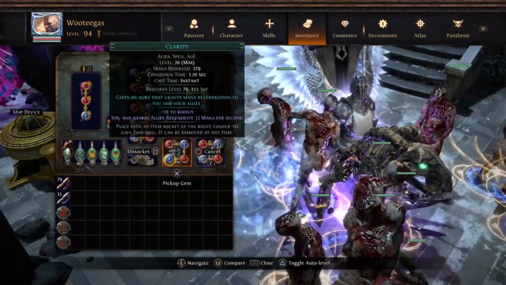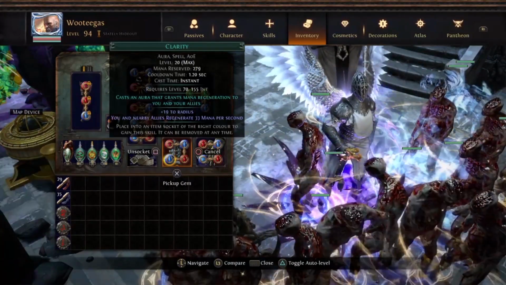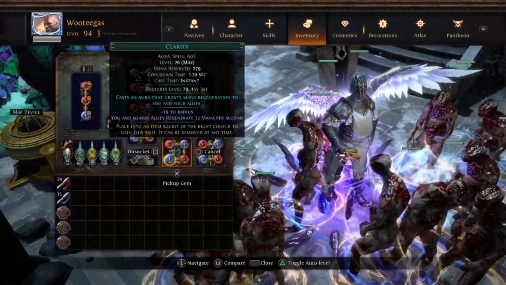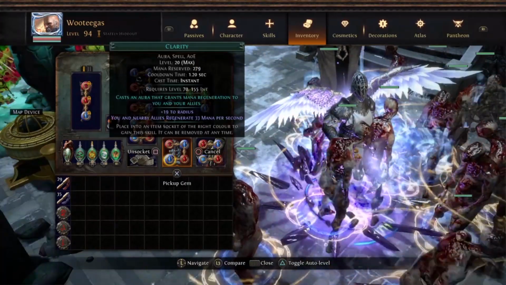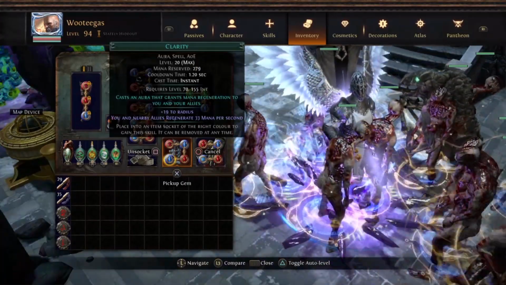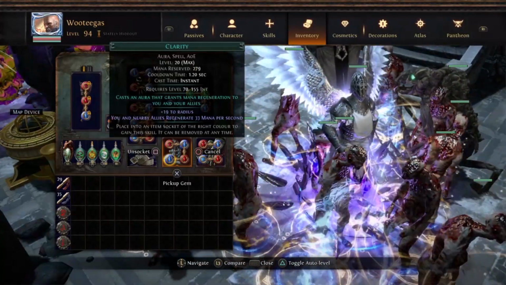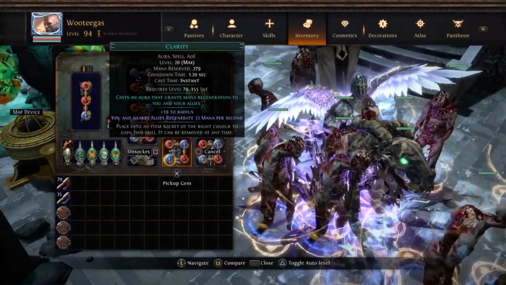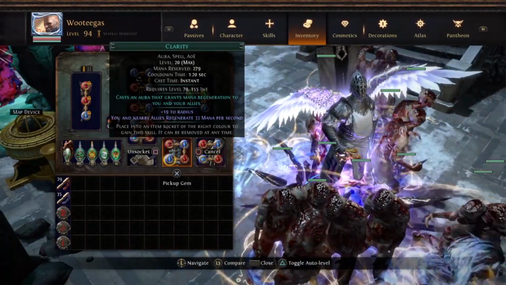We also have the high level Immortal Call, and we keep our Clarity gem here because it will not be affected by the cast when damage taken setup. It's an aura gem and it reserves mana, so you can still cast it freely and it will be fine. So this takes up our final gem link, and we can now move on to checking out the skill tree